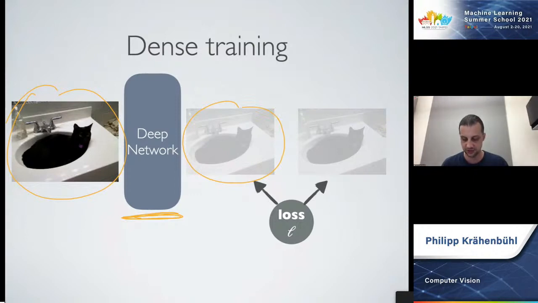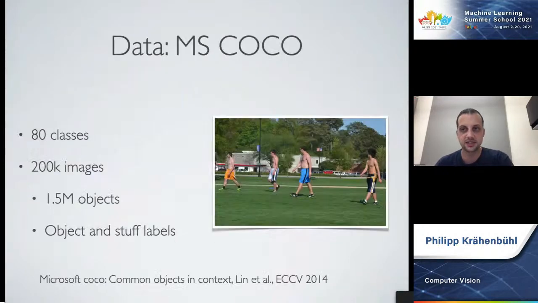Loss functions are the same. The data itself is not, right? So the data sets for dense classification are relatively limited. There's about 4 or 5 very large ones. One of them is Microsoft Coco that has dense segmentations for all objects, and then also for certain background categories or certain stuff categories, for example, the grass here.